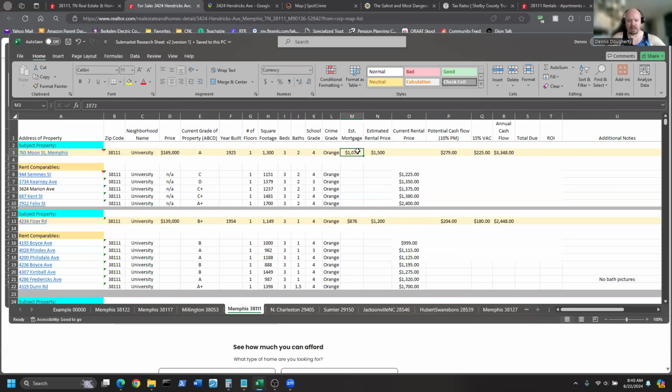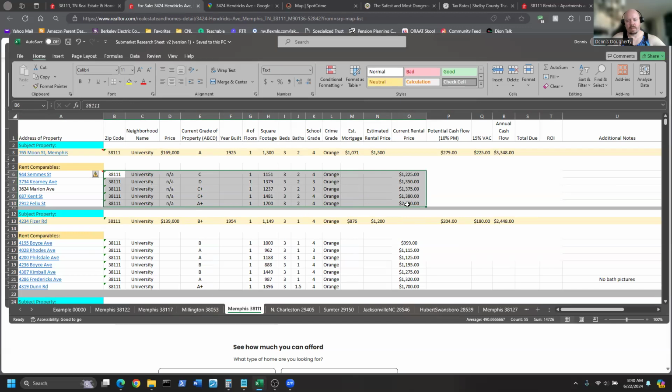And then this is the same thing we did before to estimate the mortgage. Now, the way we estimate this rental price is I go through these comparables and say, okay, you've got a bunch here. What's the most expensive one? 2,400, but it's also an A plus property. I can't remember if that one was a brand new one. It was a while ago that I did this. But then you've got a bunch of C pluses here that are